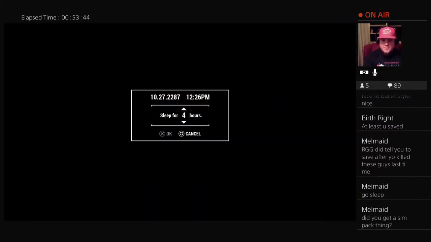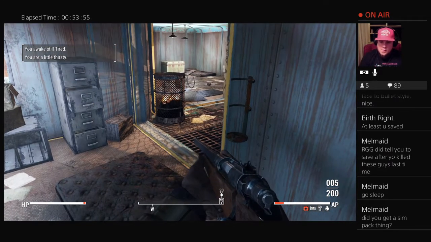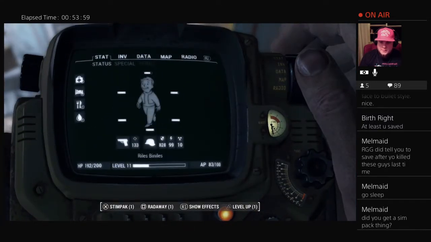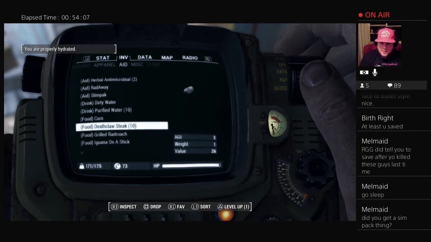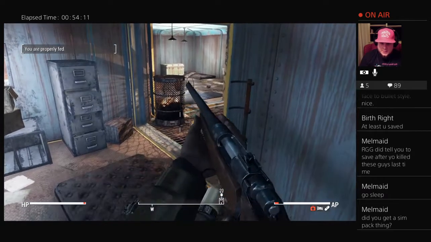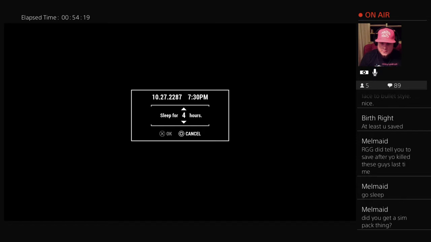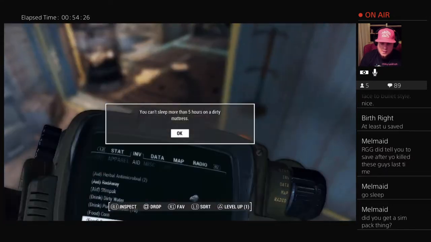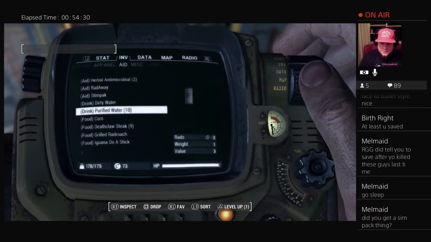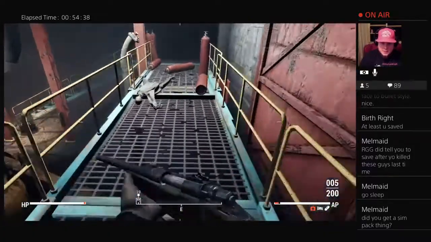Try to get a couple more hours of sleep in. I know it's only going to give me 3, I want to say. I did get a stim pack. How about that? We'll save that for dog meat. Be still around. I don't even know when I got that stim pack. I'll be darned. Oh, maybe because it's an actual mattress. Oh, on a dirty... Okay, that makes sense. I guess I'm not technically going to get well rested anyway, so...